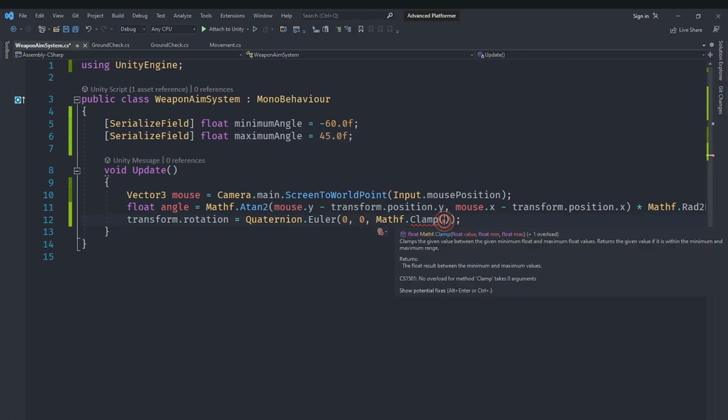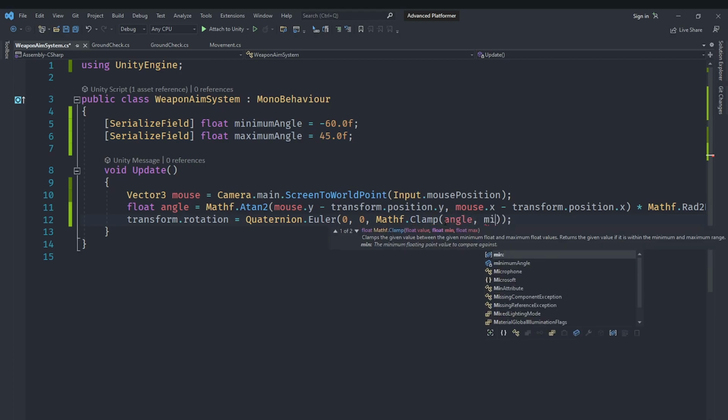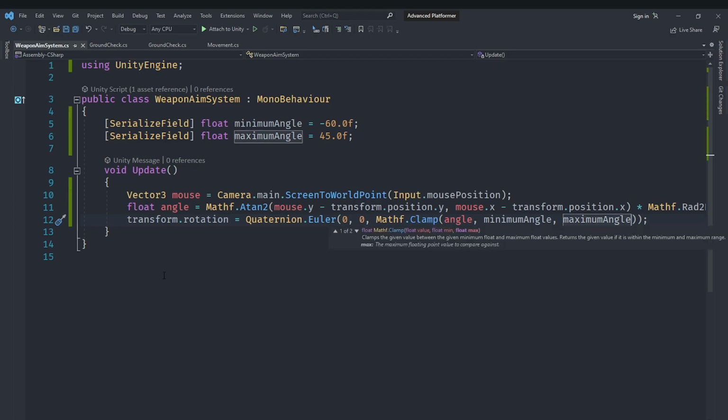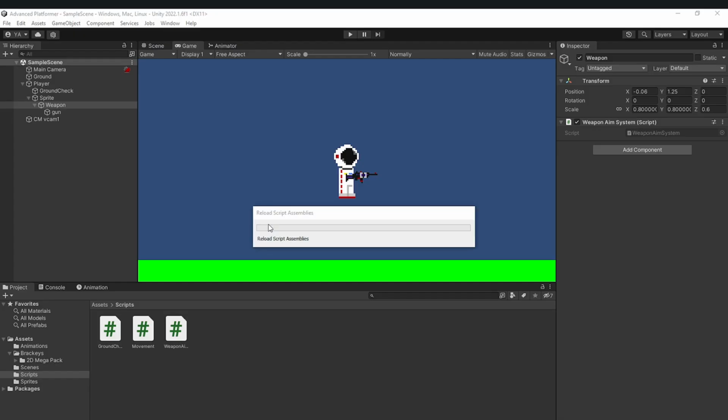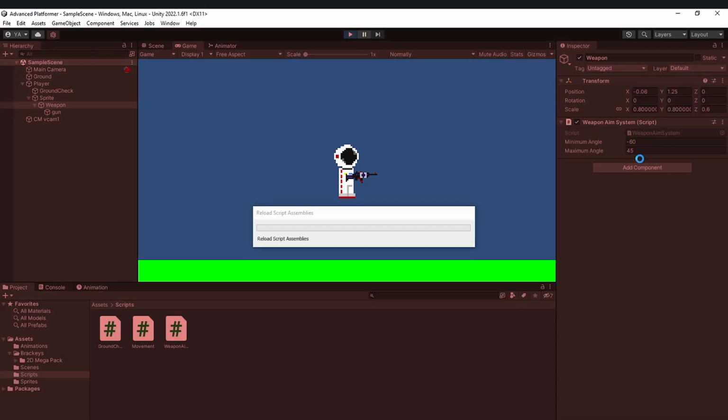Now for this clamp function we'll pass in our angle, and then the minimum angle, and then the maximum angle as well. And that is pretty much it. That should allow us to clamp the values to our desired range. I'm going to let it recompile, and we'll be able to edit the minimum and maximum values quite easily from the inspector. We're going to keep that at negative 60 and this at 45,